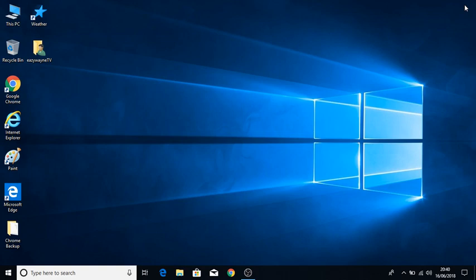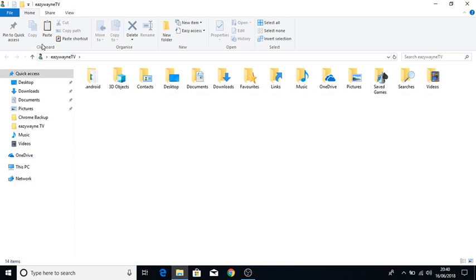Close that off. So now you can see on the desktop I've got this folder here, and this folder is where all your personal files will be stored. So if I just double click on that folder, I can see it's got videos, searches, saved games, pictures, OneDrive, music, your favourites, your downloads, your desktop, and documents, and a few more folders there. So within this folder contains all your personal files. So if I just close that window off,